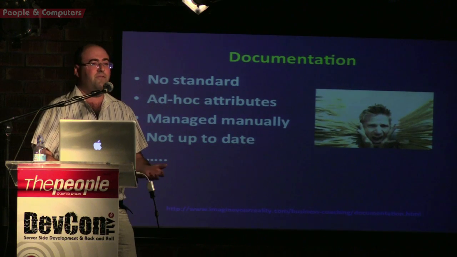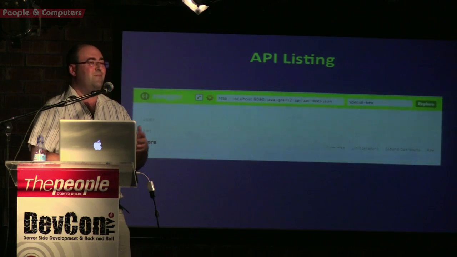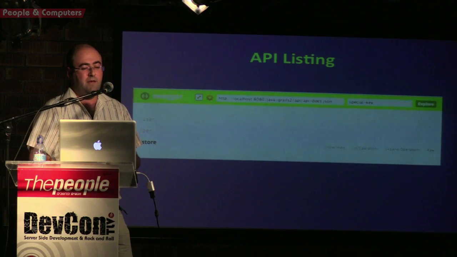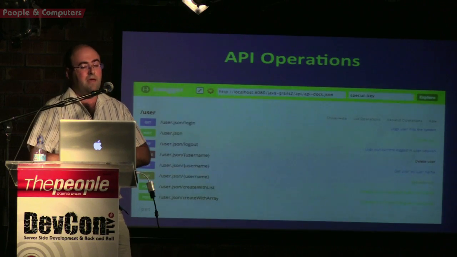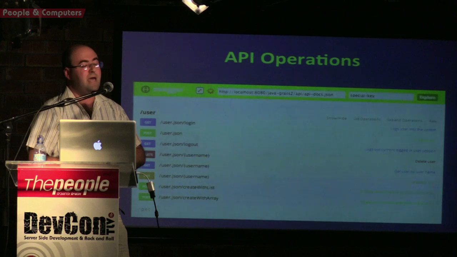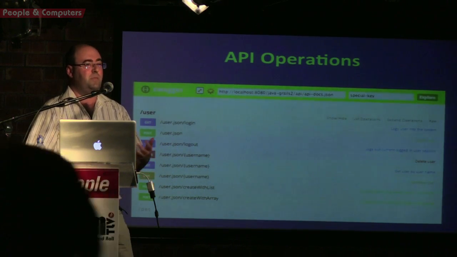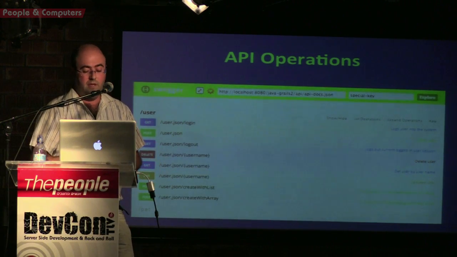I started to look for another solution, and I wished to have some user interface in which I could see the list of the APIs. For each API, I could see a description or some other details. When I drill down to a specific API, I wished I could see a list of the operations, what are the HTTP methods, and a description of each and every operation. If I would